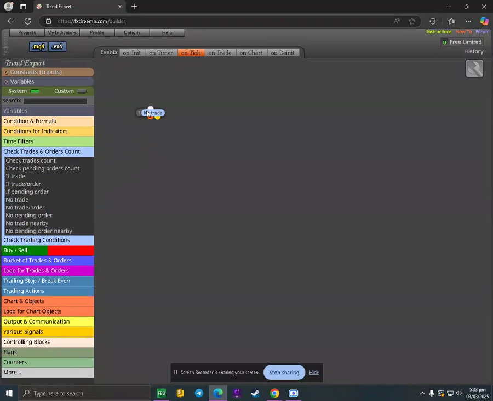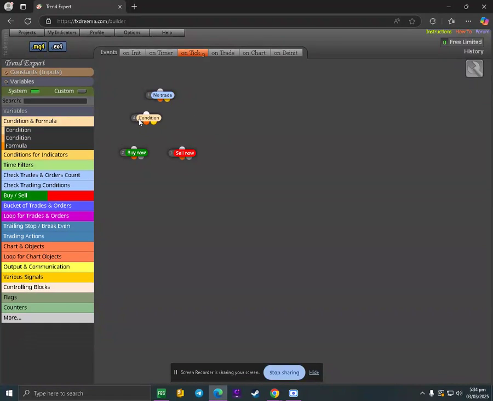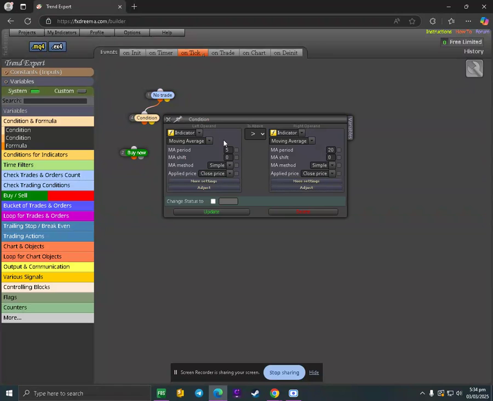First, we're going to put our no trade block here because we have limited connections only. So as much as possible, we keep these connections small or few, so we just have to use this condition, the moving average only.